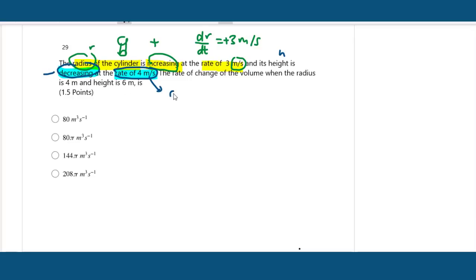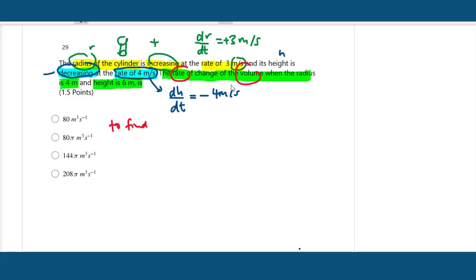So dh/dt is equal to negative 4 meters per second. Okay, and the next step: the rate of change of the volume when the radius is 4 meters and the height is 6 meters. So to find the rate of volume dV/dt when r is equal to 4 meters and h is equal to 6